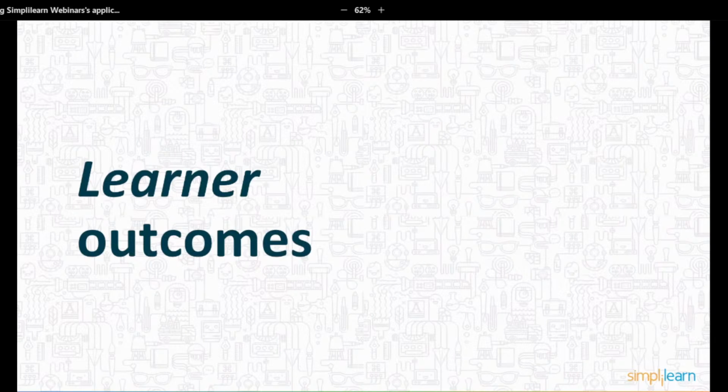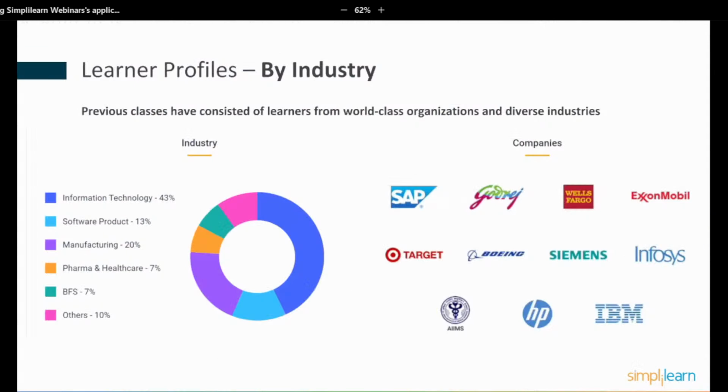Let me talk a little bit about learner outcomes here. People come into this program from a bunch of different angles. It doesn't all come from information technology or software development.